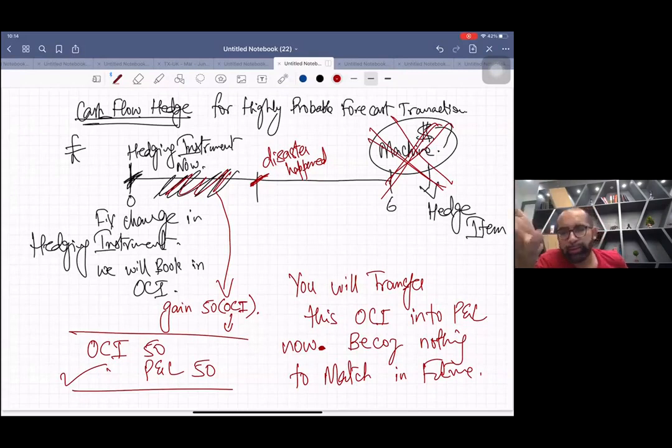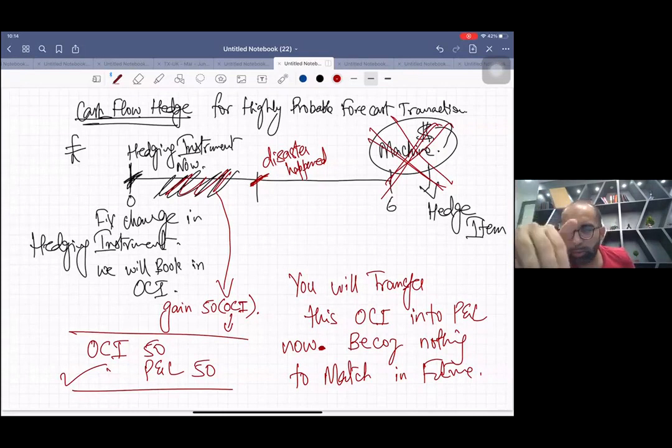In this 4 marks, listen. You need to write that first of all, this is the cash flow hedge, and a highly probable forecast transaction. This is the introduction you need to write. And for a cash flow hedge, the hedged item will come in future. So the effective gain or loss of the hedging instrument is reported in OCI,